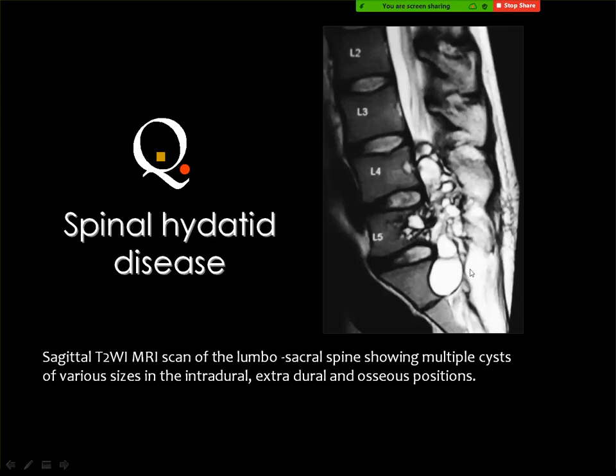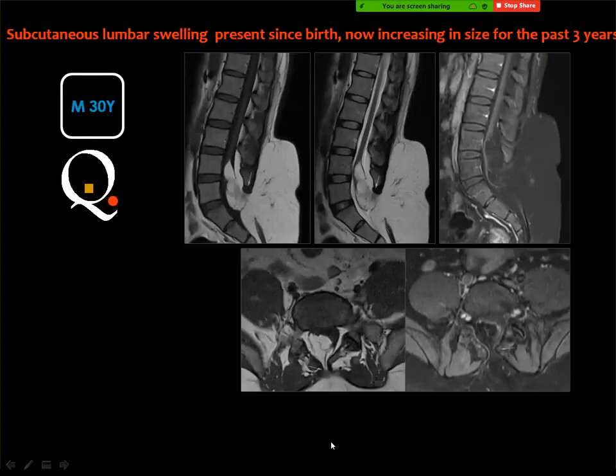And this is the case here, and you see involvement of L5 and multiple intradural cystic lesions with scalloping of the vertebra, meaning that this lesion is long-standing, and hydatid is a very good diagnosis. Next case,